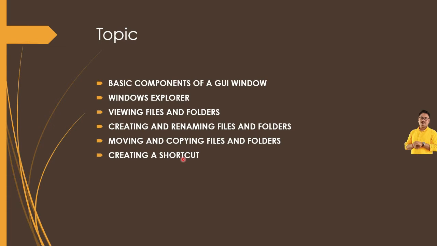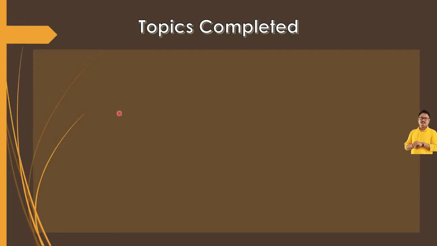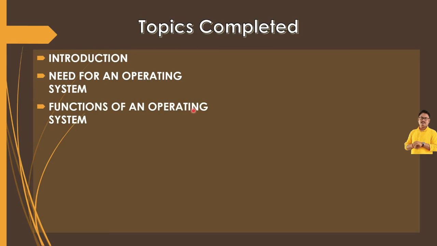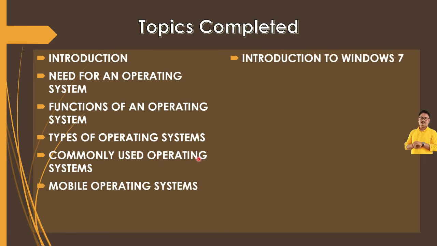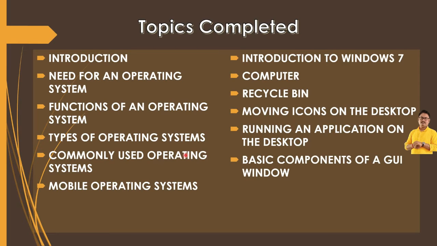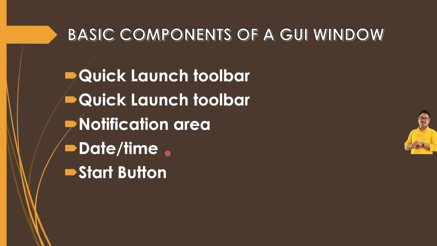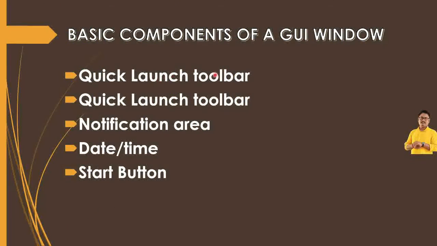Before proceeding to the topics elaborately, let us see in the previous video which topic we have completed. We have completed introduction, need for an operating system, functions of an operating system, types of operating system, commonly used operating system, mobile operating system, introduction to Windows 7, about computer, recycle bin, moving icons on the desktop, running an application on the desktop, and basic components of a GUI window. These topics we have completed in the previous video. First one is basic components of a GUI window. From there we already have completed